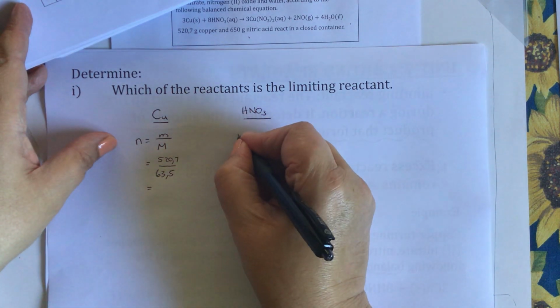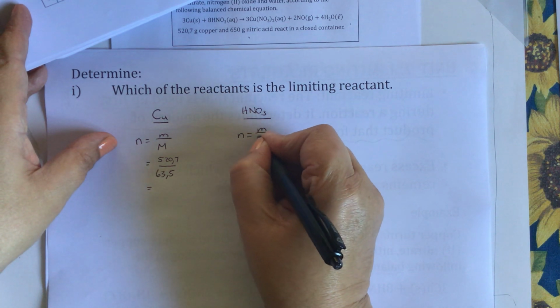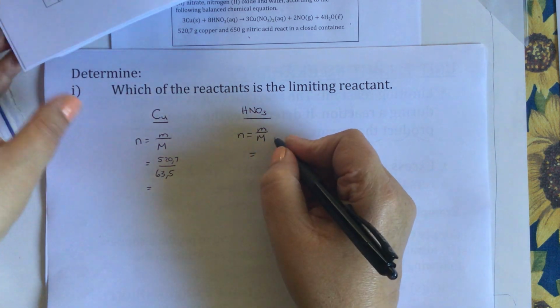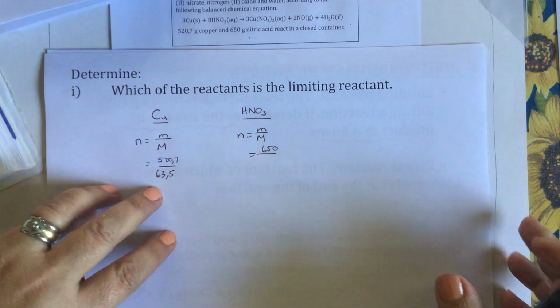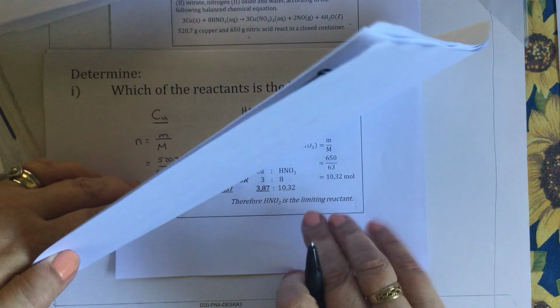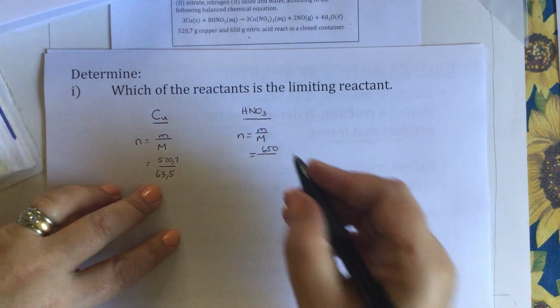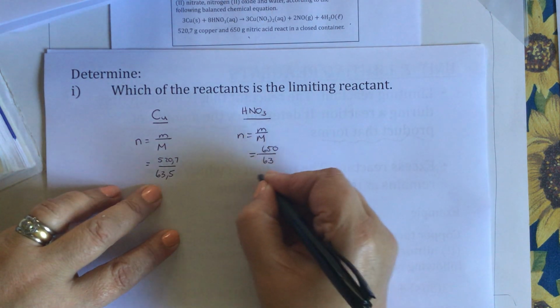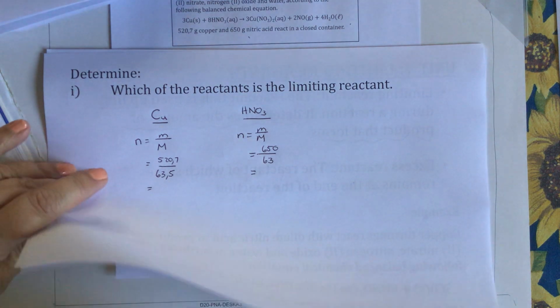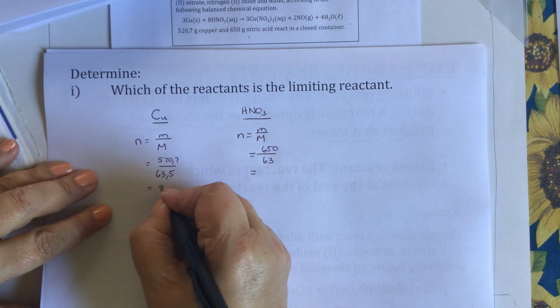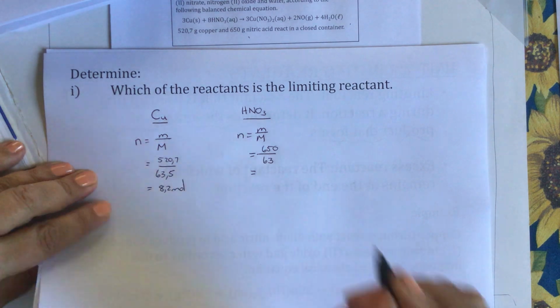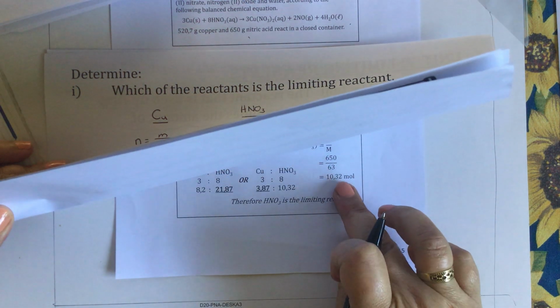This one, number of moles, is mass over molar mass. Our mass was 650 over, and now for the molar mass of the nitric acid, it is 63. So you go and calculate those values. This works out to be 8,2 moles, and this one works out to be